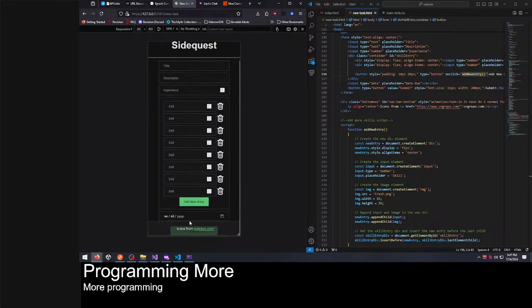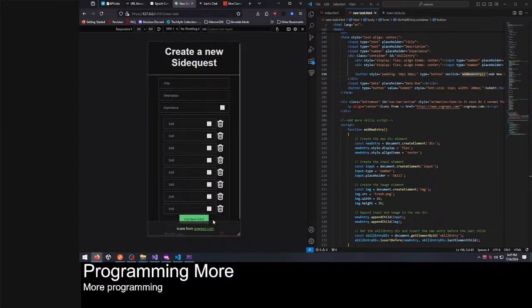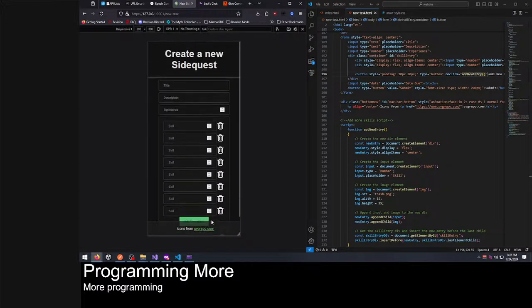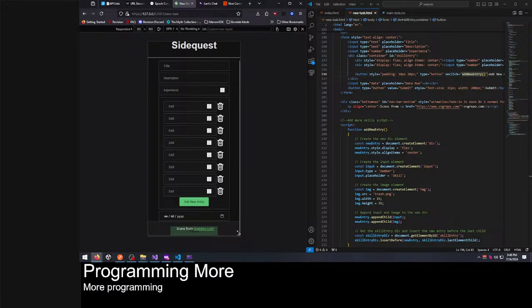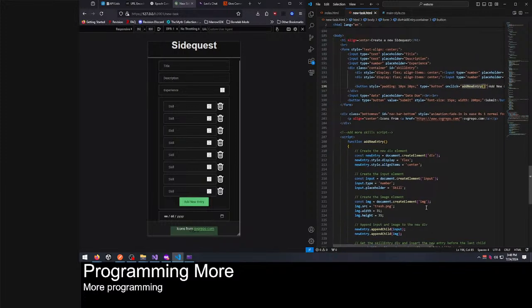Oh. That's a bit of a problem. This bottom bar should exclude the body from this bottom bar. This bottom bar should not be able to go in there. And then we also need these trash buttons to work. So